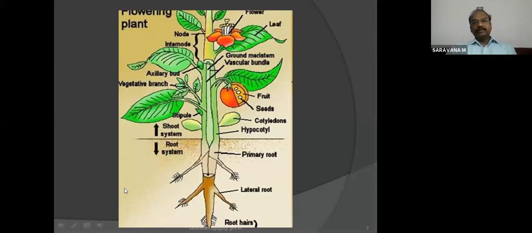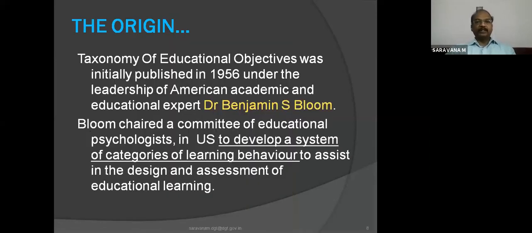Like that, in educational taxonomy also, each and every learner's overall development as an individual will be covered by the cognitive domain, affective domain, and the psychomotor domain. Let us see all those domains in detail. So this is the background: the origin, when this was introduced, by whom, and all the contributors for the taxonomy of